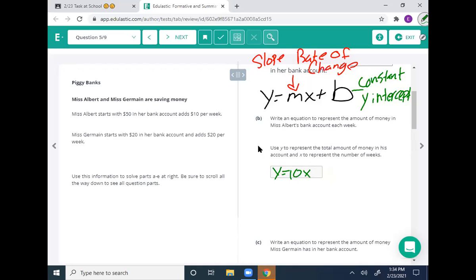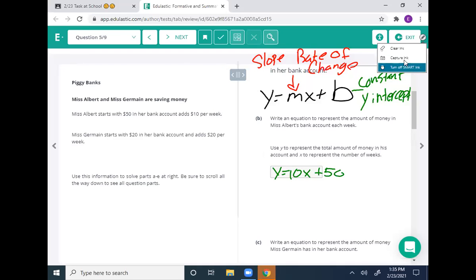10x, plus 50. Do not just take them in the order they're given to you. You need to think strategically. That 50 represents how much she started with, our y-intercept. She's adding $10 per week. That means it's going to be your constant rate of change. You're going to come in this box right here and type in